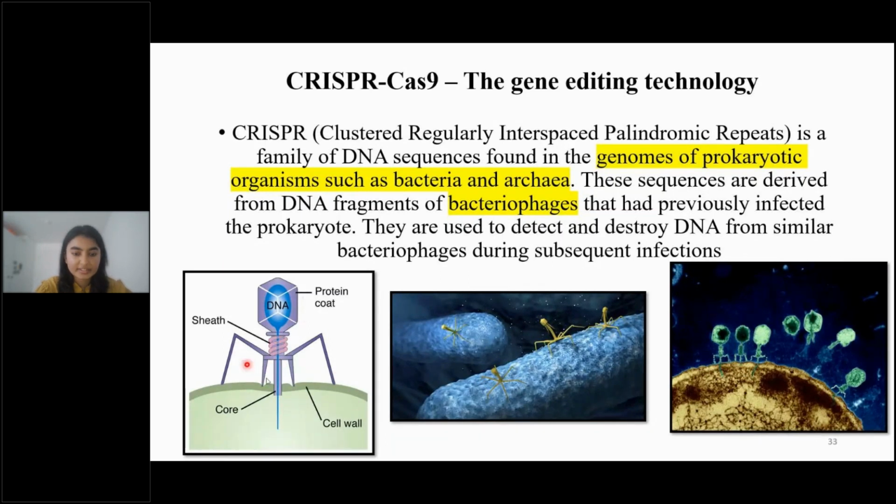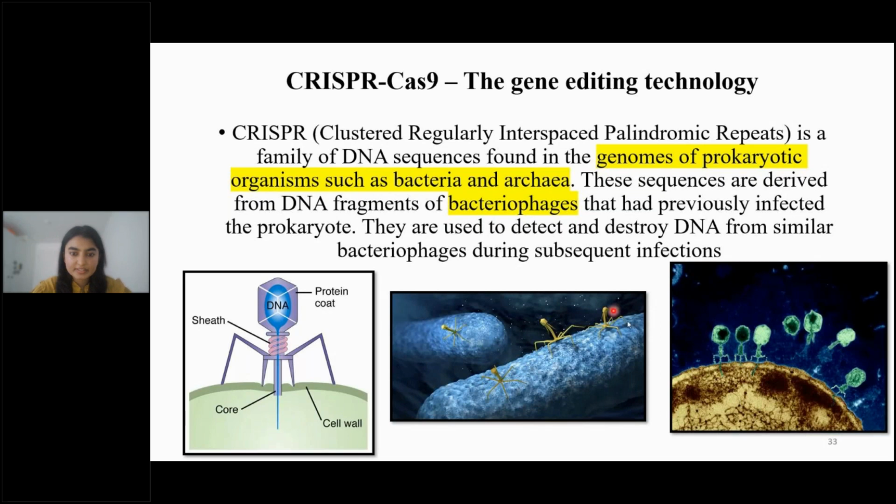You can see it literally looks like a spider. It sits on the bacteria, and then it punctures a hole in the bacteria. The DNA of the bacteriophage goes inside the bacteria, and once the DNA is inside, it starts infecting the bacteria from the inside. This is the transmission electron microscope image. You can literally see the bacteriophage sitting on the bacteria, right?